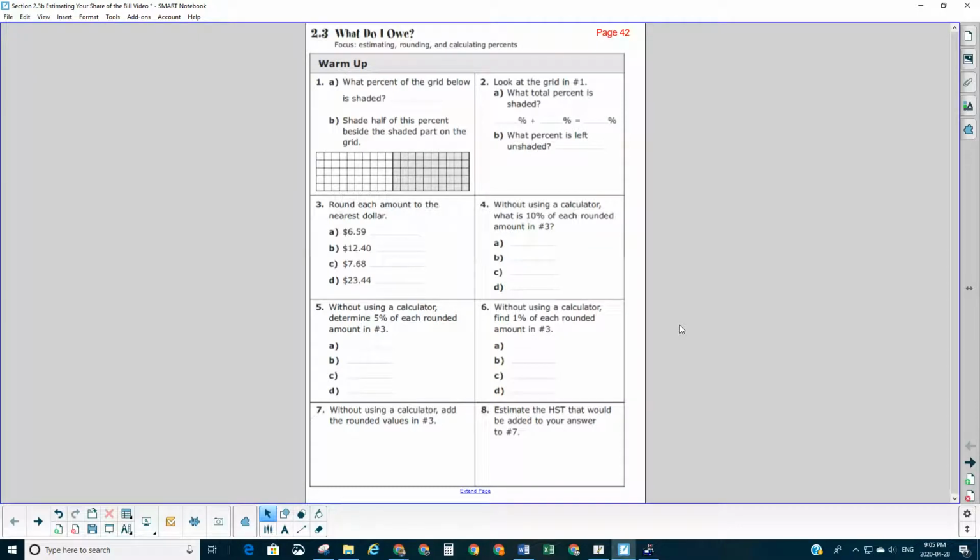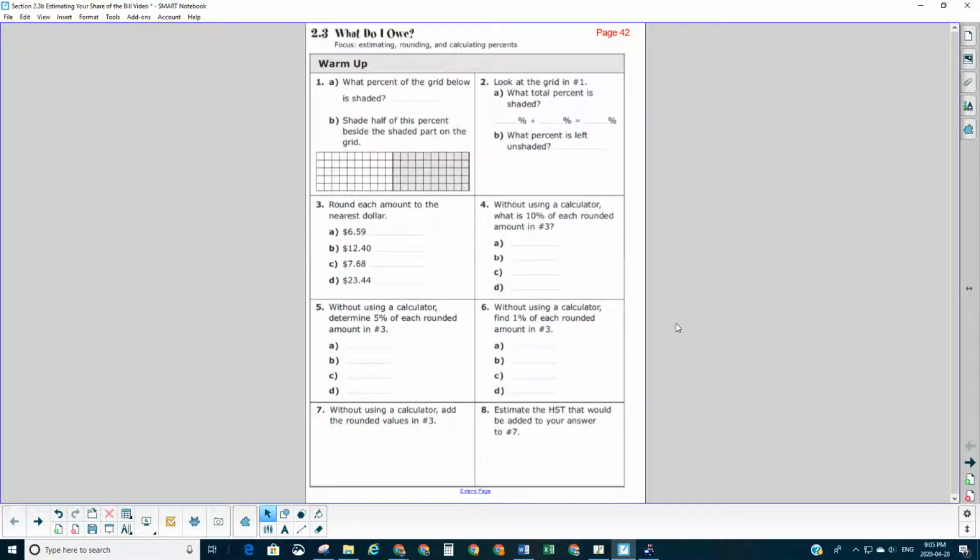Okay, so welcome to the second half of 2.3 out of our workbook. We're going to actually begin on page 42, which is the warm-up for this section. We skipped this in our first video because the warm-up questions really refer to the second half that we're going to do today. So we're going to turn our workbooks to page 42,